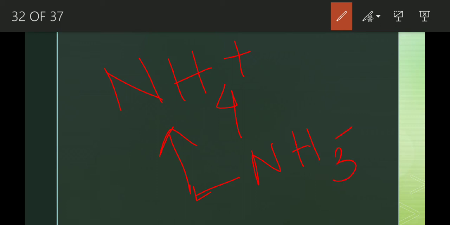I have already shown you the example of hydronium ion. Now let's take an example of ammonium ion. Ammonium ion, the formula is NH4 plus. It contains 4 hydrogen and 1 nitrogen. How does ammonium ion form? See, it forms when ammonia, meaning NH3, ammonia gas, reacts with hydrogen ion. Just similar to that of the hydronium ion.